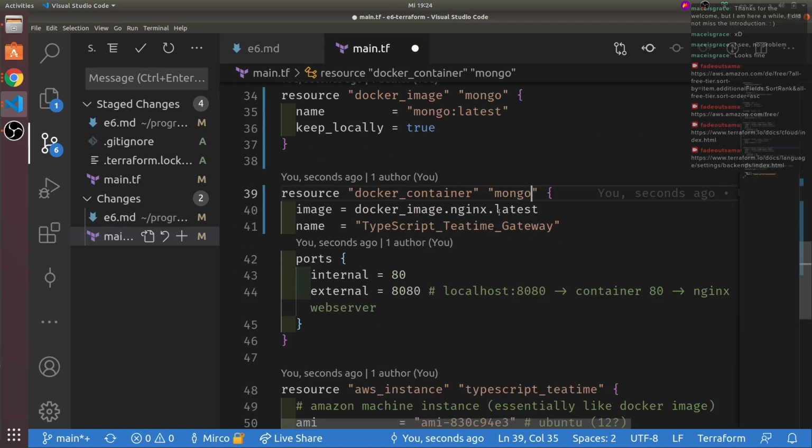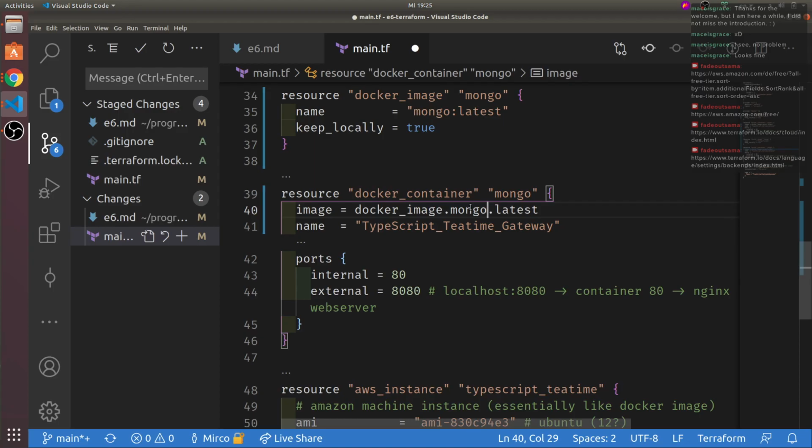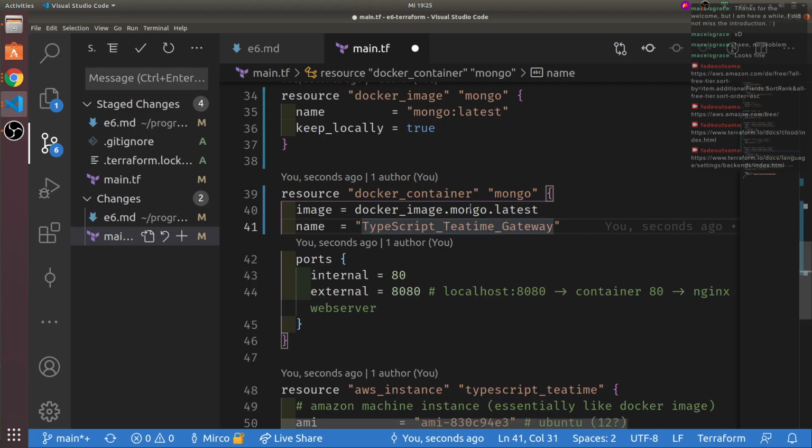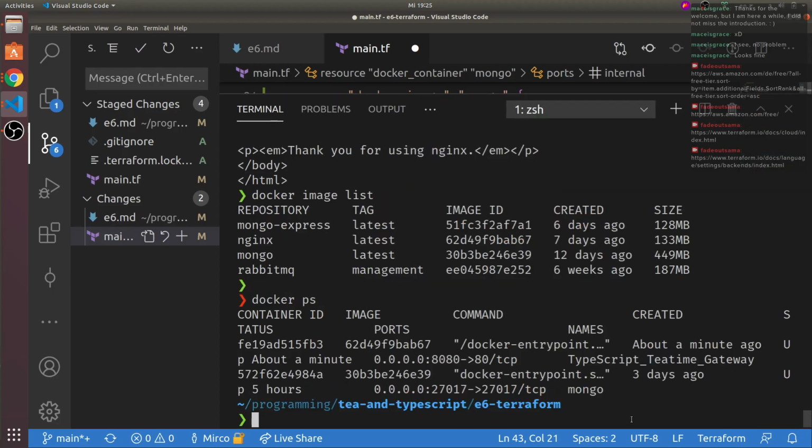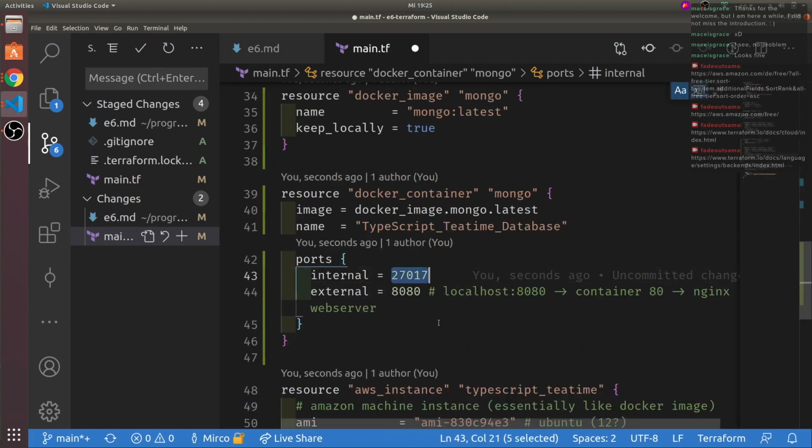Let's see how clever it actually is. This is kind of the worst case scenario, right? You have conflicting stuff already running. Database, give it a new name. The port that it's running on is 27017 here.